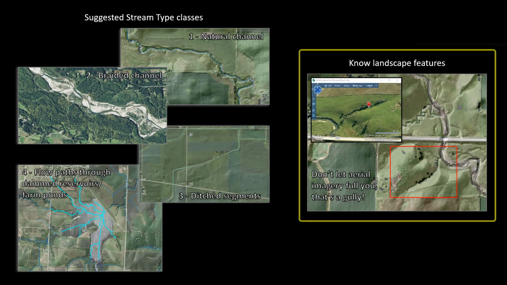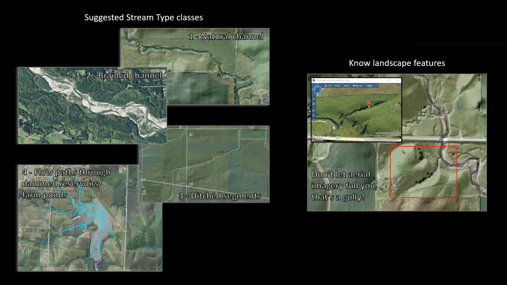I'd also like to point out that you should be very aware of landscape features and what you're coding. For example, just by looking at aerial imagery and a hillshade, sometimes a gully can appear as a well-developed channel when in fact that is a problem within the land that could be treated or mitigated with a conservation practice. So we would not want to code a gully as part of our perennial network because we do not want it to be excluded from future conservation practice sitings. So this is just basically a PSA. Be aware of your landscape features and also feel free to get detailed and creative with your coding of the stream reach.